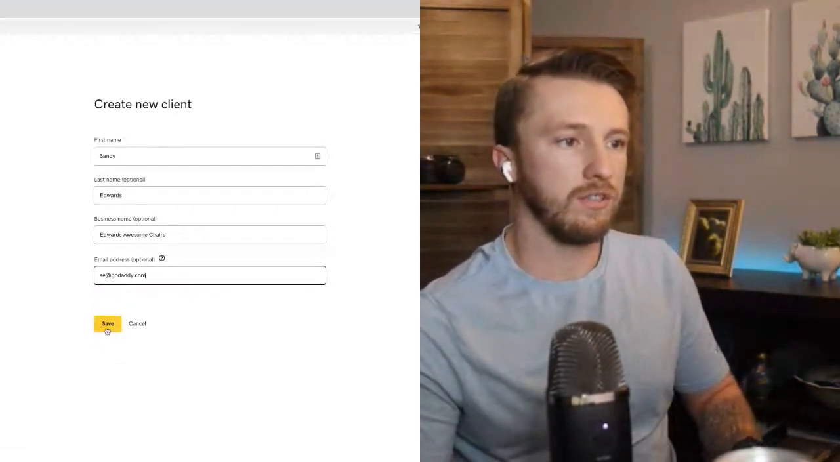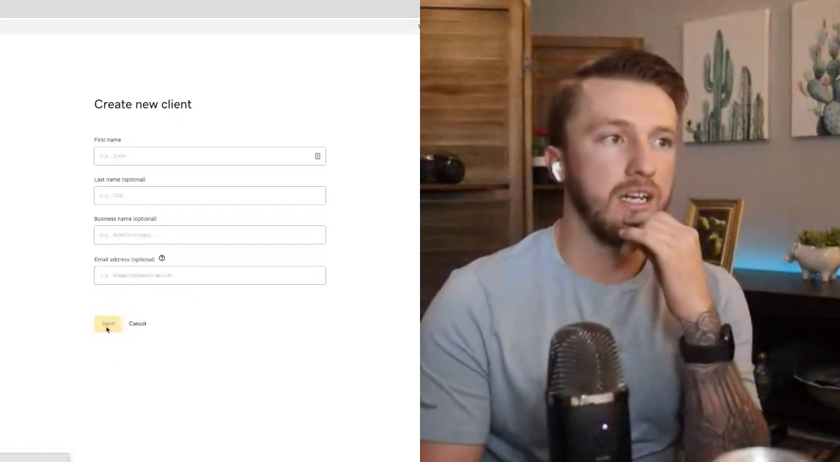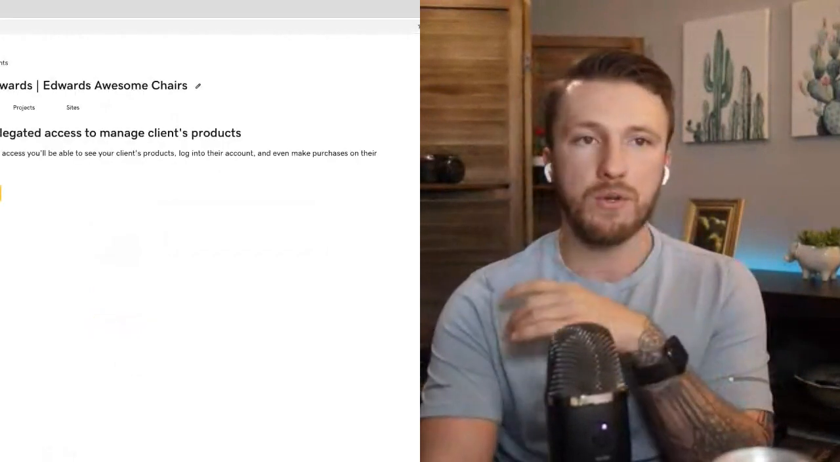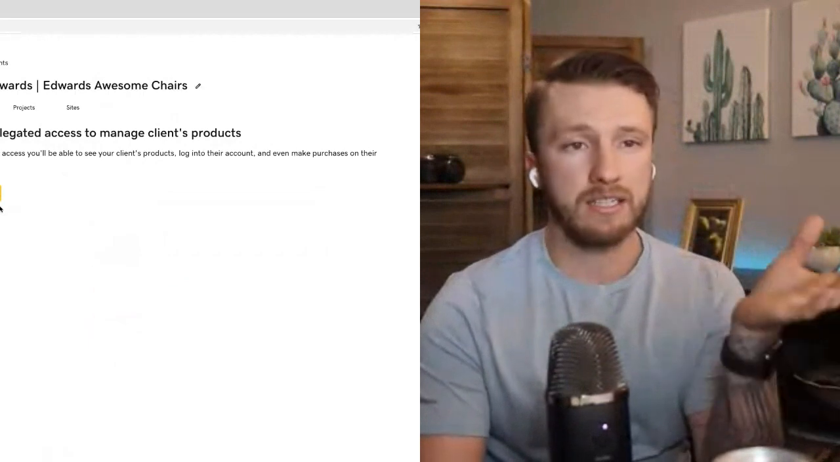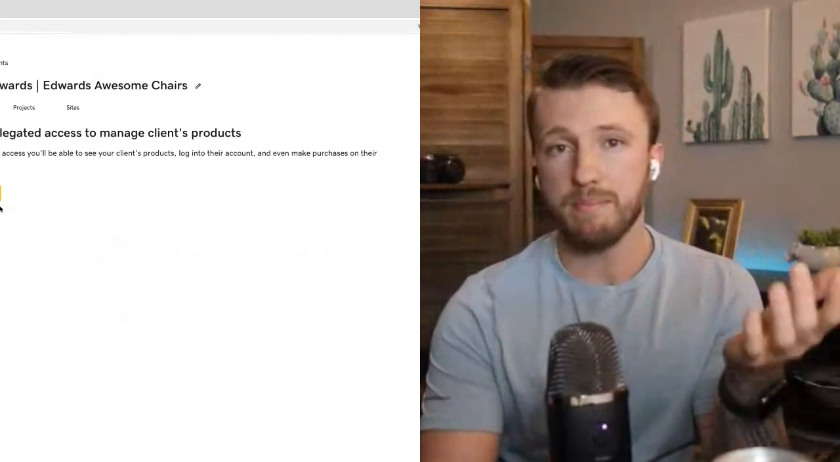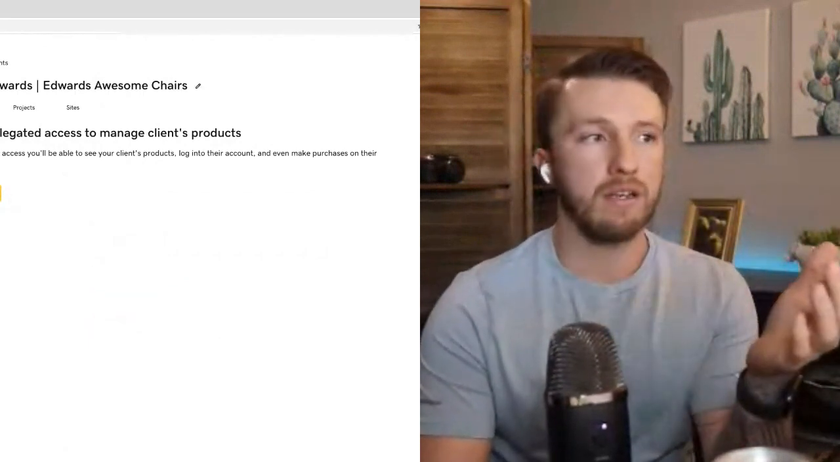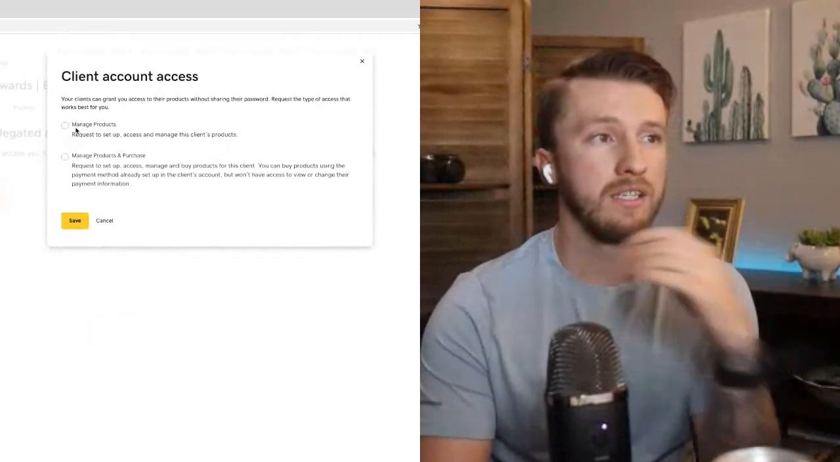An email address so I can save that. Once I set up the client, I'll probably want to do a couple extra things like send the delegate access, because I don't want her username and password. I want her to be able to click a button so I can click that request access and manage